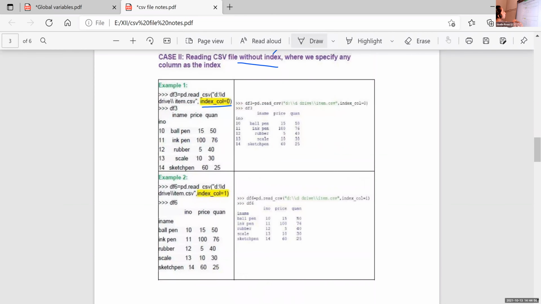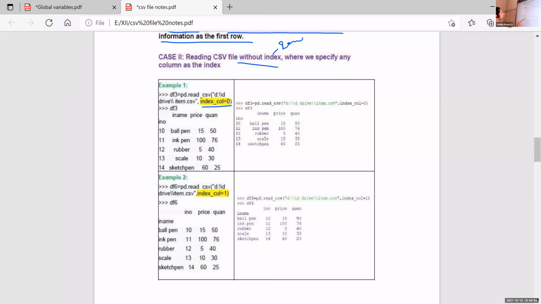Then if you want to set another column as the row heading, use index_col equal to 1. Here index_col equal to 0 means the default row heading is replaced with the first column value. If you want to set INAME as the row heading, use index_col equal to 1.